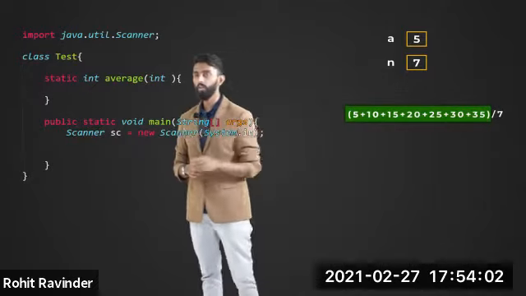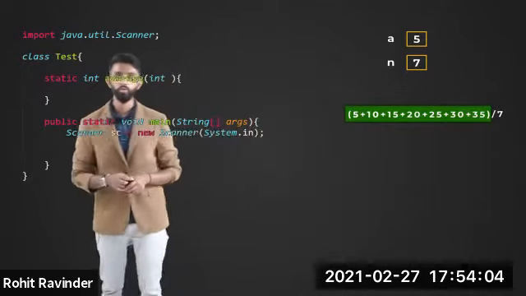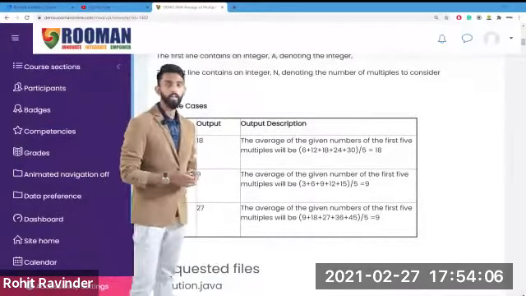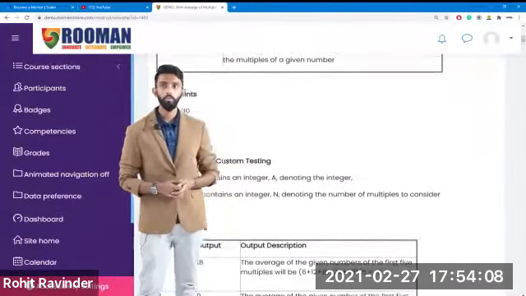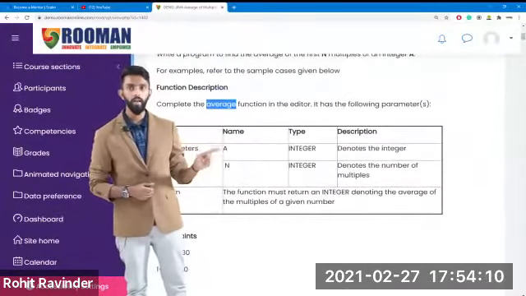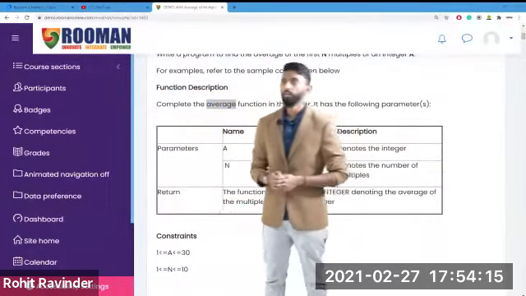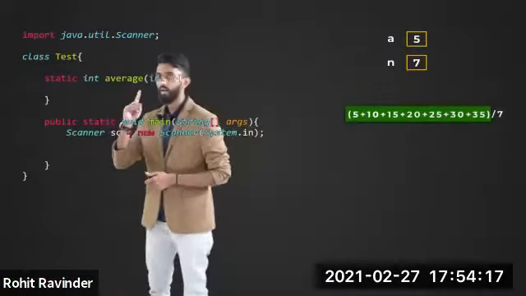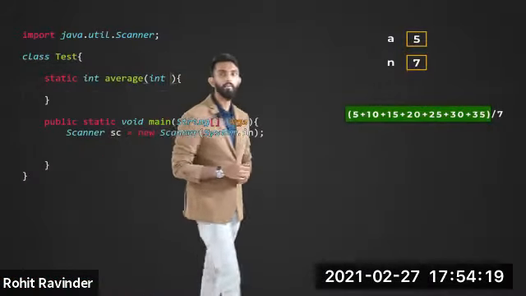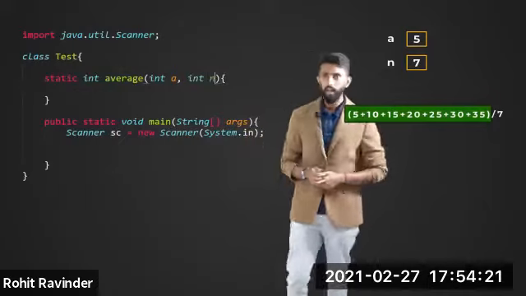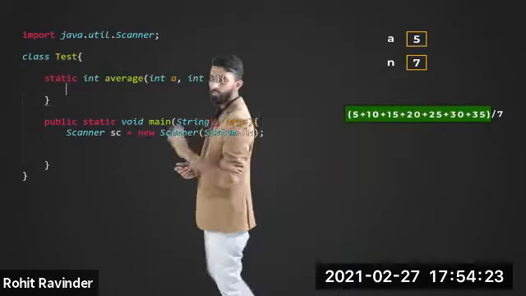See what they have given in the description. Same variable name we will use. So in the description, if I scroll back on top, he is telling that it has to be A and N. Oh, okay, fine. A and N we will call it. Go back. So I will collect it as an integer A and I will collect it in integer N. Wonderful. What to write inside this we will see.